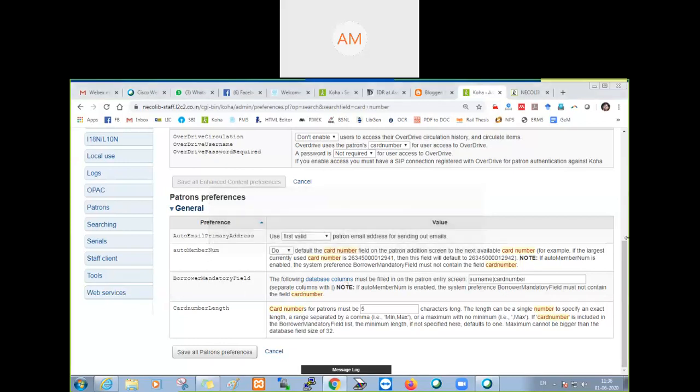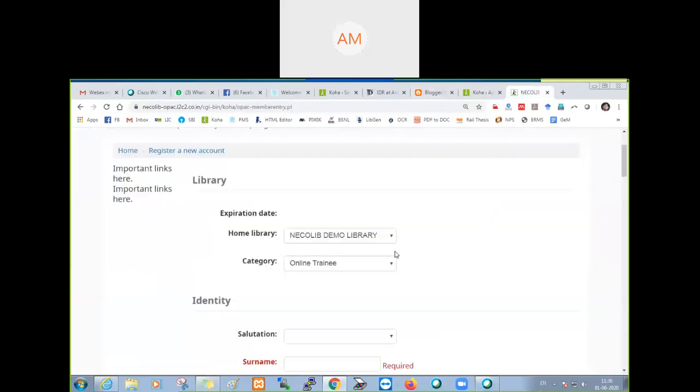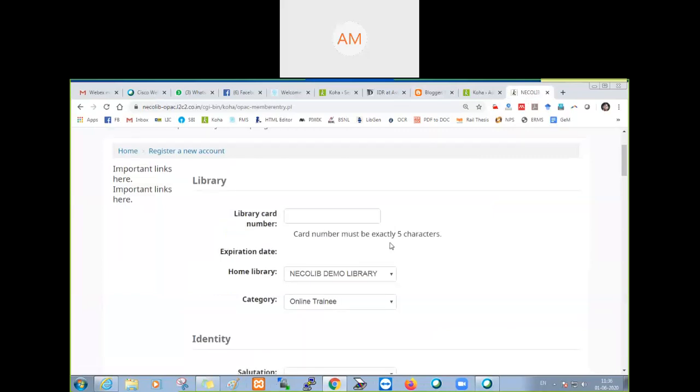Now I'll show you auto member number, don't save. Now you see, we have activated register now. Up to that it was clear. Now whenever I try to register, it's giving an option, library card number.